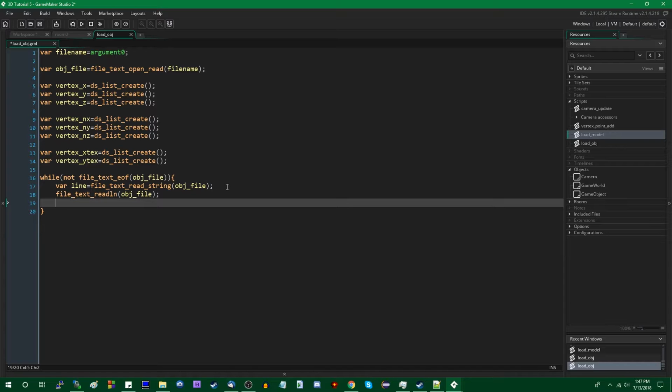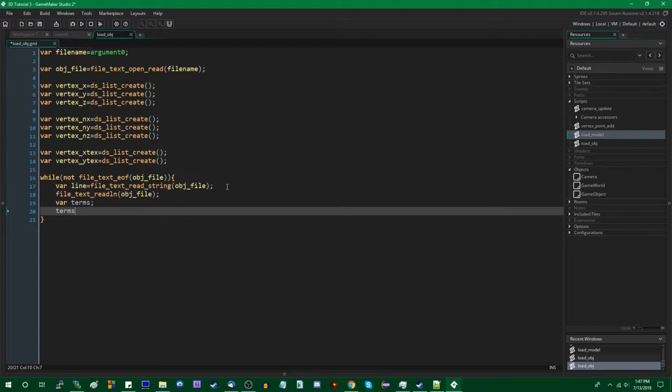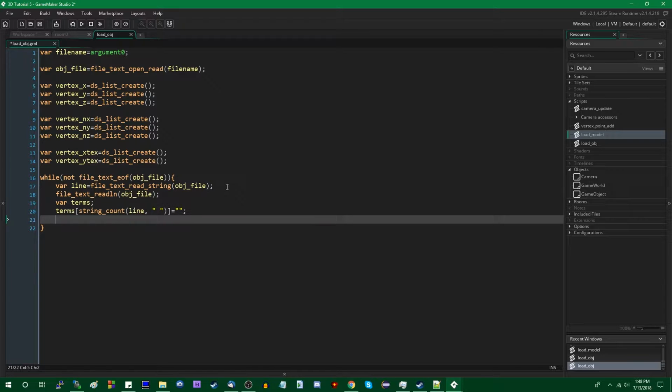So we'll just do it manually and say var terms, and terms is going to be an array of size string count, line, space character, and we'll just initialize that to an empty string. Is that okay? Okay, that will compile.